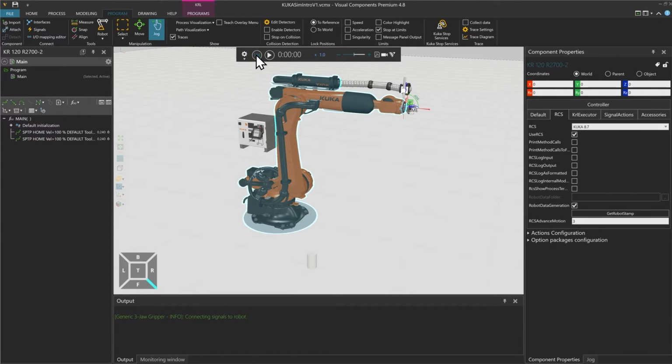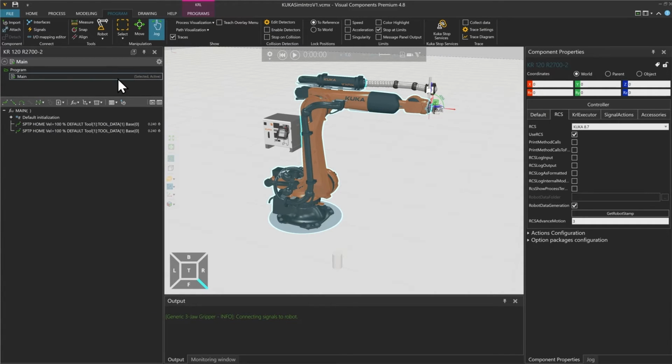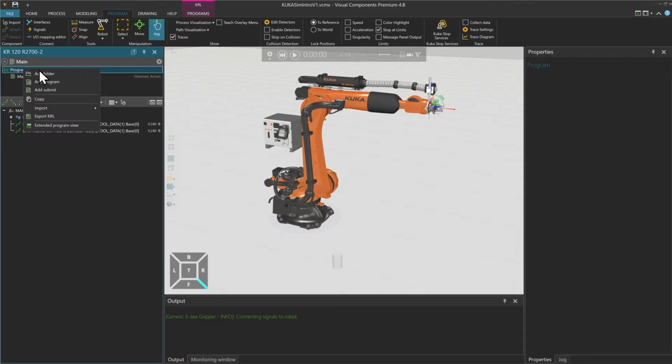Let's reset the simulation and have a look at the left side of our program tab window here. In the upper view, we do have the program structure. Here, if I right click on the program, I can add a new folder, a new program, or a new submit.